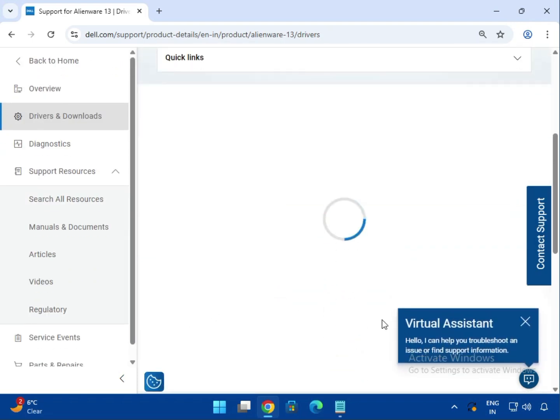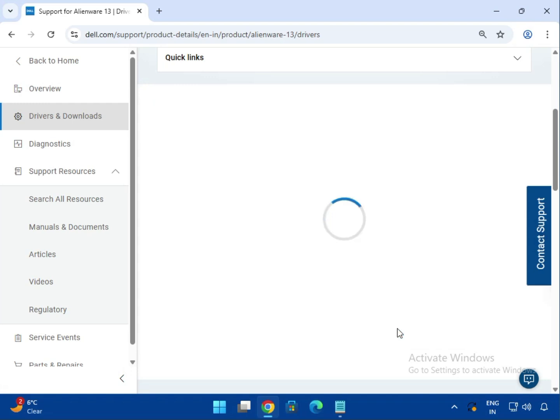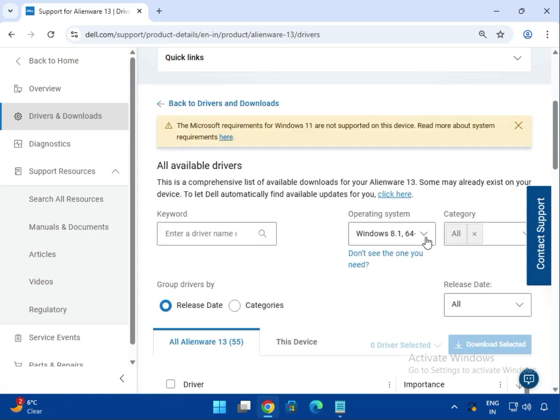Scroll down, select the driver. You can click on automatic, so automatically you will install the driver. If you are facing some issue, you can select the driver manually, then select the first operating system,